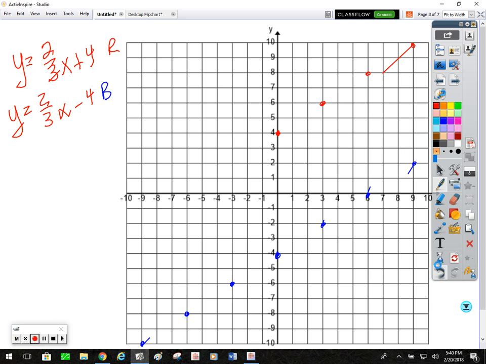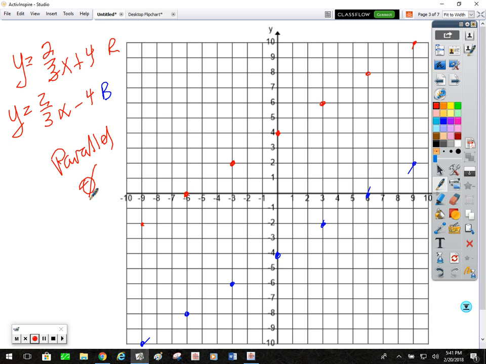And all I'm doing again is counting my rise, which is my run. My rise is the numerator, run is my denominator, and since it's positive, I'm running to the right. Well, when I run out of room, I got to come back and go the other way. So the opposite of up to right 3 is down to left 3. Well, if you'll notice, none of my dots touch. So here I have parallel lines